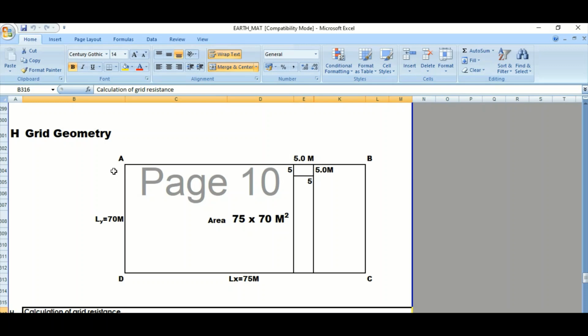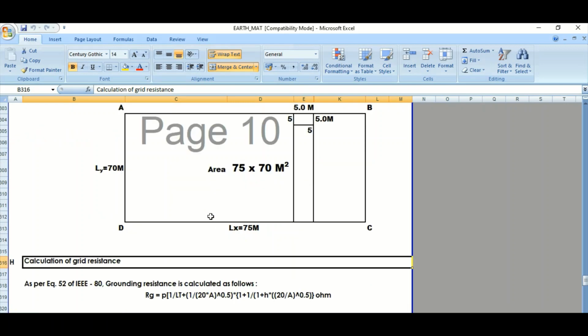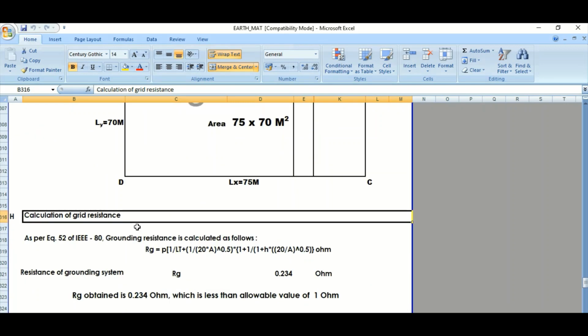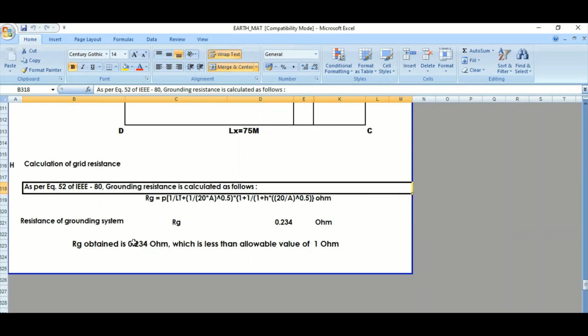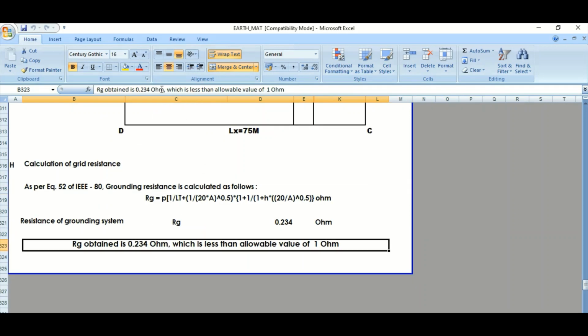We will discuss, let's say this is 70 meter wide, and length is 75 meter. So for this area, let's say this is a powerhouse, a substation or maybe a utility system. So how to design that as per IEEE 80 standard? And to do that, we need to keep in mind that